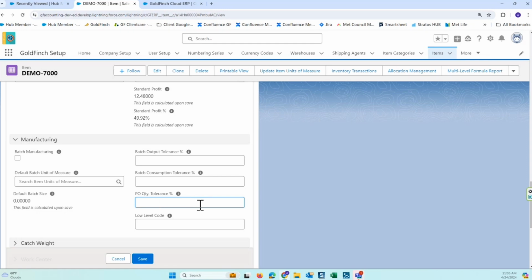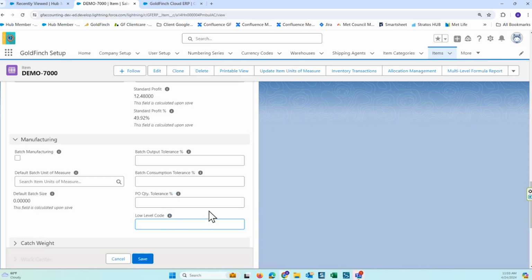And then you don't have to adjust the purchase order if your vendor did happen to send you more. We'll just allow you to process. All right, and then we have this low-level code here. This is the calculation field utilized for manufacturing if you have multiple levels of bills of materials. It just gives you what the lowest level code is, and it helps